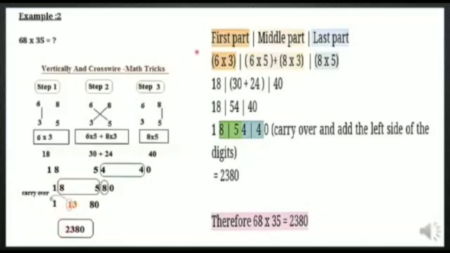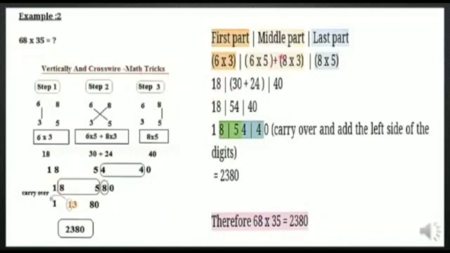So how will you summarize it? We will write how you write the answers: first part, middle part, last part. So for the first part, what have I asked you to do? Earlier, we multiplied the numbers on the left side, or the numbers on the 10th place. What are the numbers on the 10th place? 6 and 3. So you multiply 6 and 3, you will get 18 as an answer.